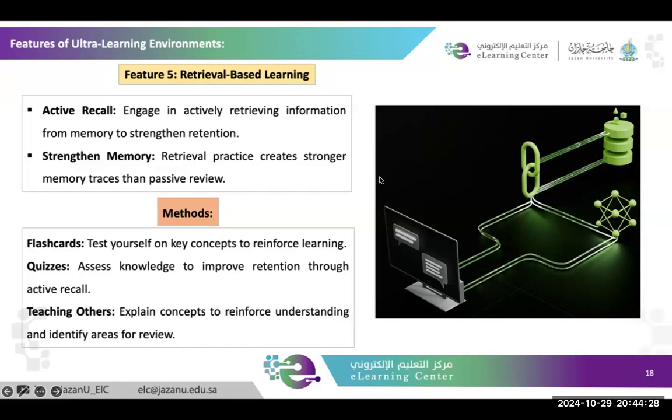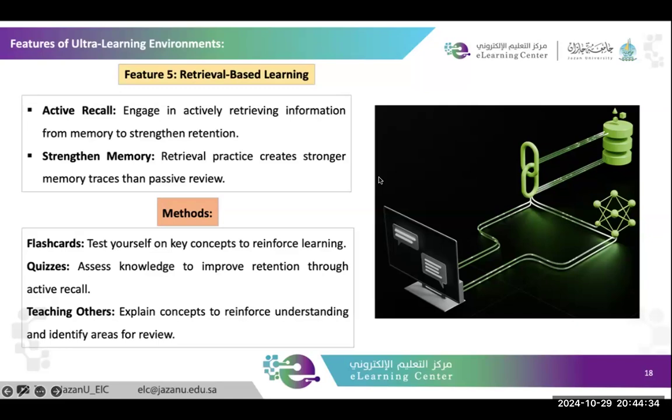By testing yourself regularly, whether through quizzes, flashcards, or explaining concepts, you reinforce your knowledge and identify gaps where improvement is needed. This method is highly effective in helping learners retain information long term, making it a core feature of ultra learning strategies.